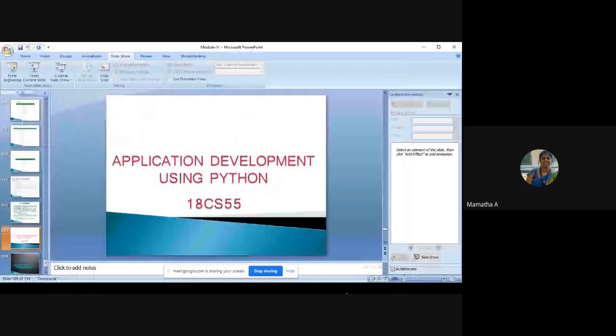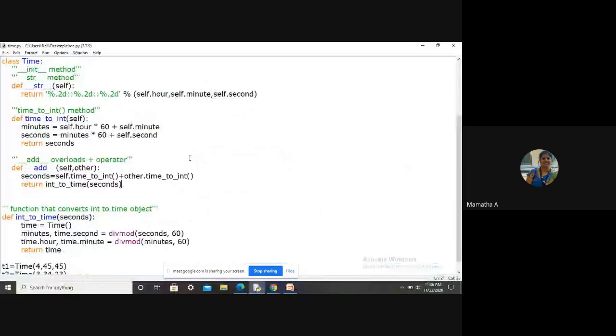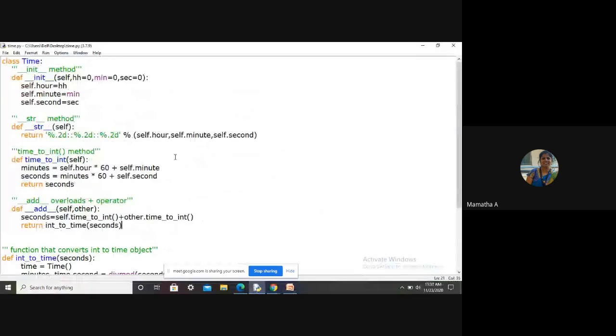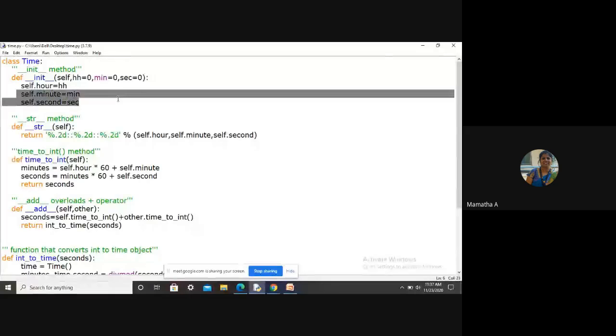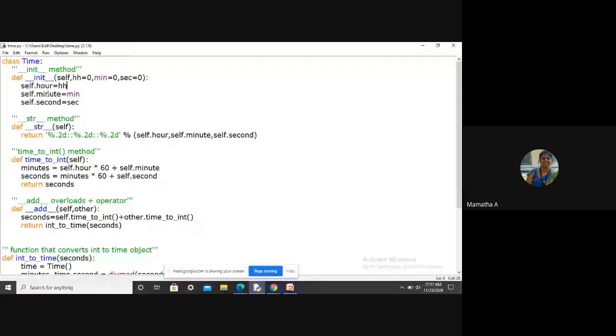Before type-based dispatch, I just want you to look into this program. Just look into this program now. The program which I have taken is defining my class Time. Are you able to see the program, students? Yes, ma'am. So I have declared one init method, a Time which has attributes hour, minute and second. You can see hour, minute and second. So I have used the init method to initialize them. And similarly, I have used an str